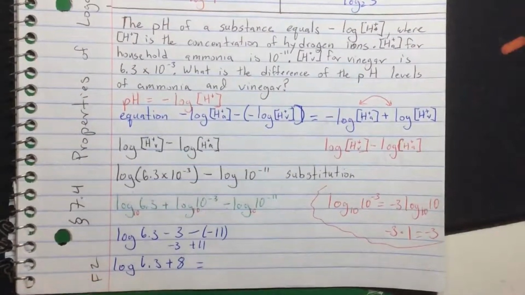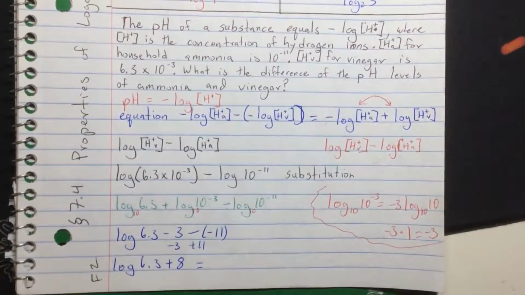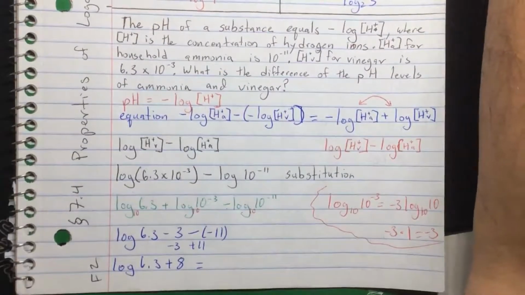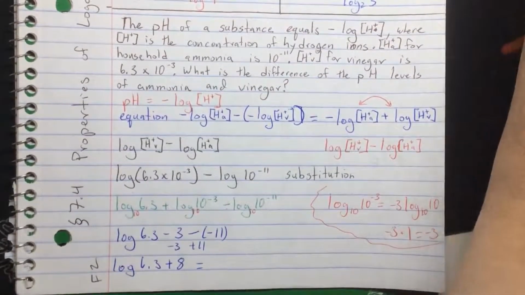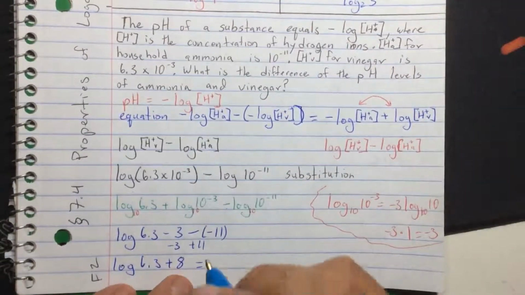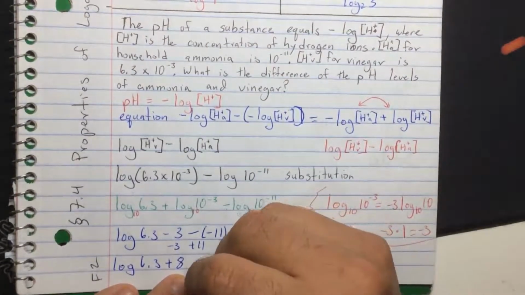And this is what we now put into our calculator. We're going to put in log base 10 of 6.3, and we're going to add our 8, and we're going to get approximately